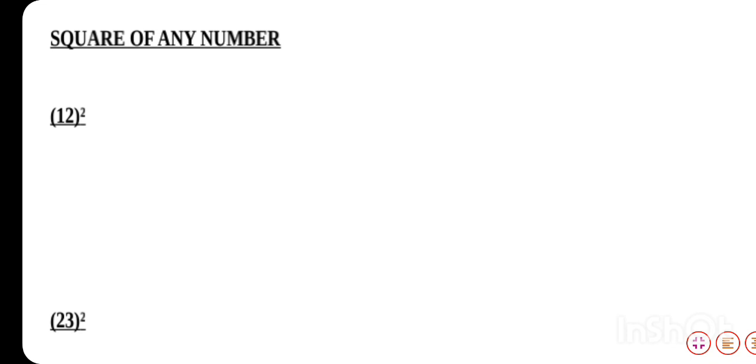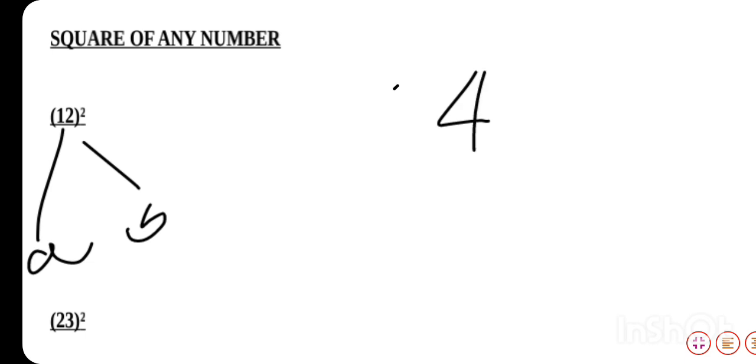Before proceeding, let's consider 1 as A and 2 as B. Okay, now let's see how we will find the square of the number. First we write the square of the number B, which is 4, and add a 0 before it. Then write the square of the number A, that is 1, and add a 0 before it like before,